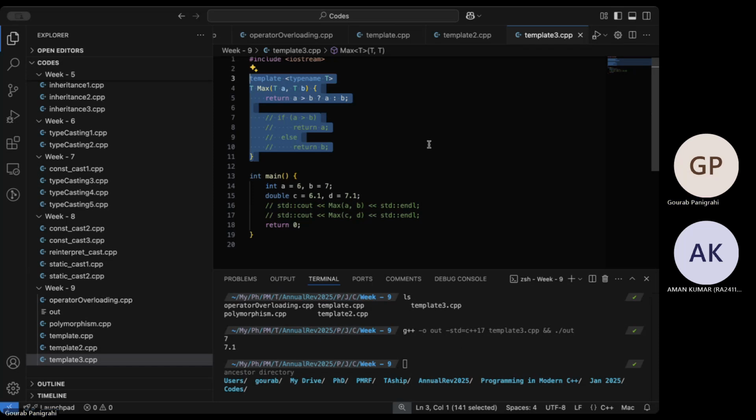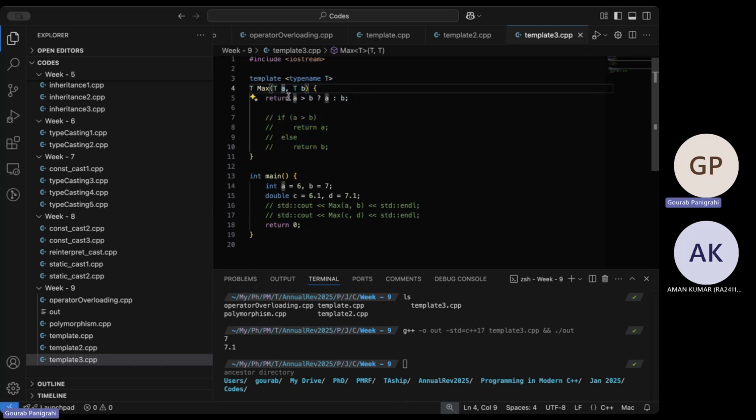As in, the compiler doesn't create code at all for a template function if it's never called. So in terms of memory, it is also efficient. Second thing is, let's say I just uncomment this where I have integers.